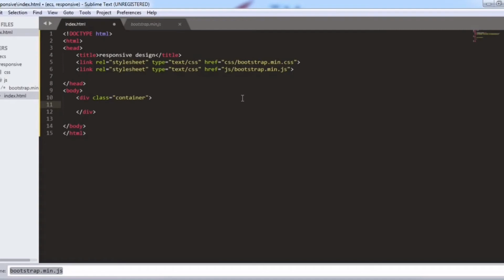So after the container we are taking another div in between this, apart from the main div, and in this also we will give some class. Suppose we are taking col-sm-4, the full col-sm is 12, we are taking partially, that is col-sm-4, and we have written the message 1.